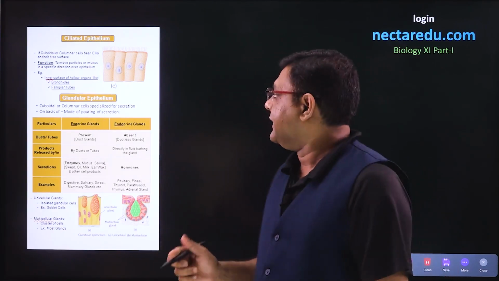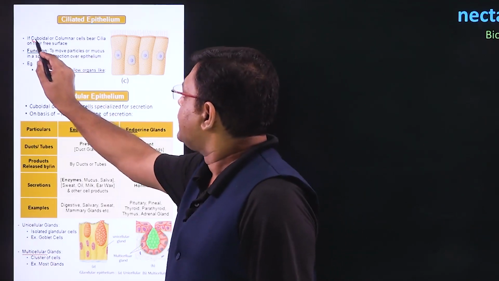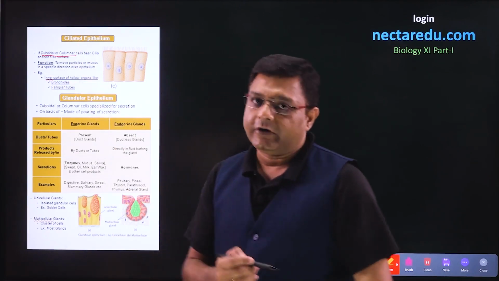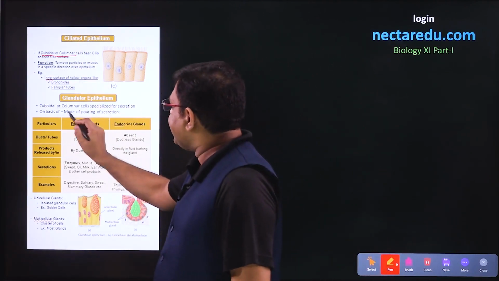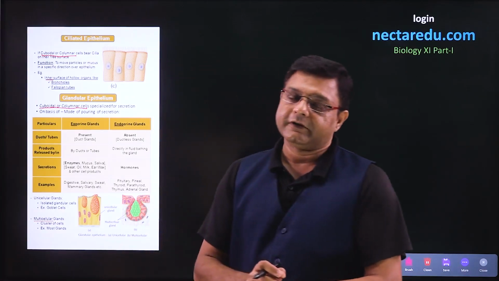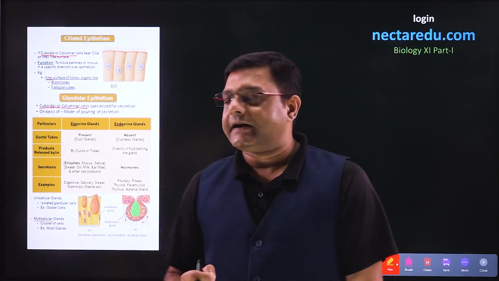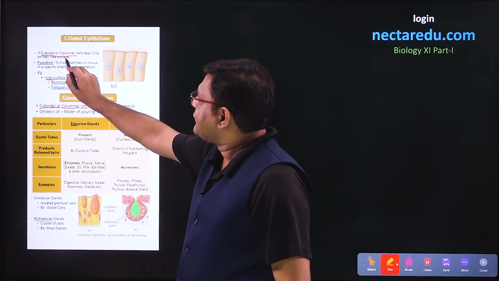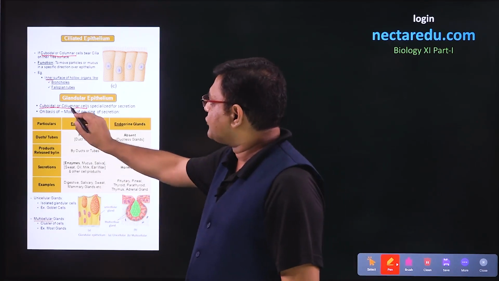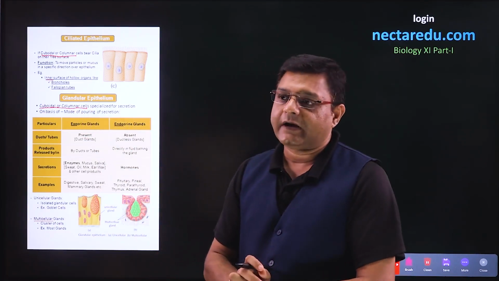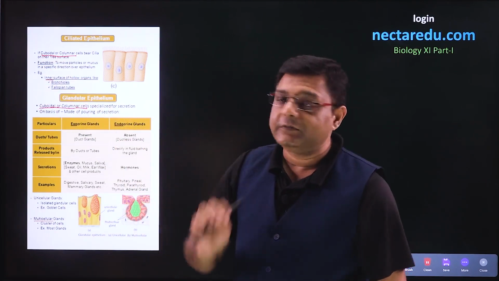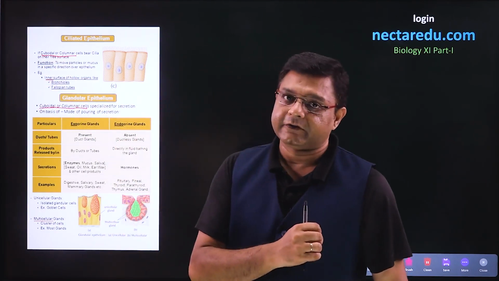These both epithelium are modifications of cuboidal or columnar cells. So here also ciliated is a modification of these two, and glandular epithelium is also a modification of cuboidal or columnar cells. So the thing to be noted here is that squamous cells cannot have cilia, and squamous cells will not form glandular epithelium. There will only be cuboidal cells or columnar cells which will form these modifications.